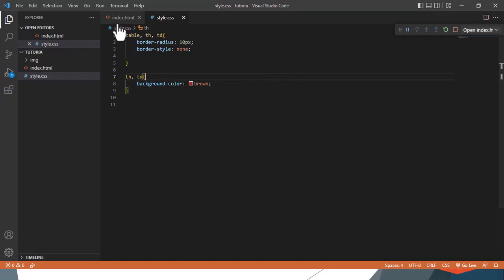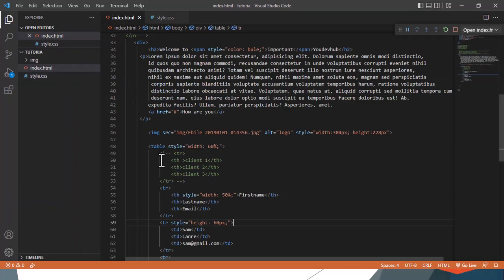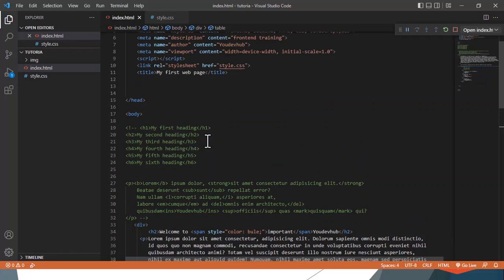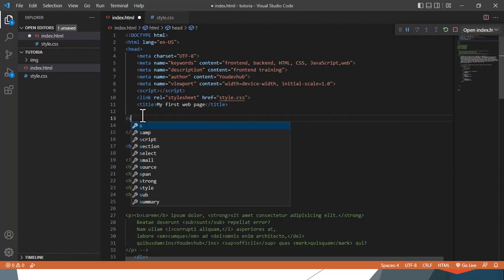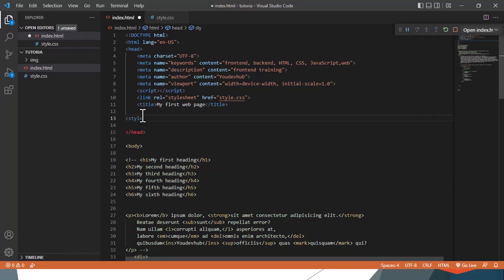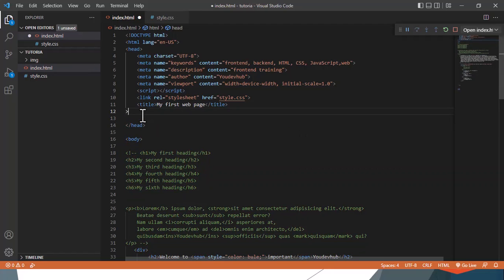So you can do it either in an external file like this, or you do an inline styling, which is this one, or you do an embedded styling, which you just come here and write style